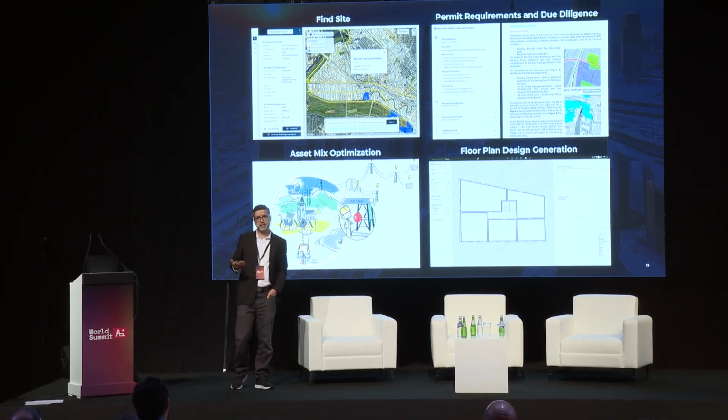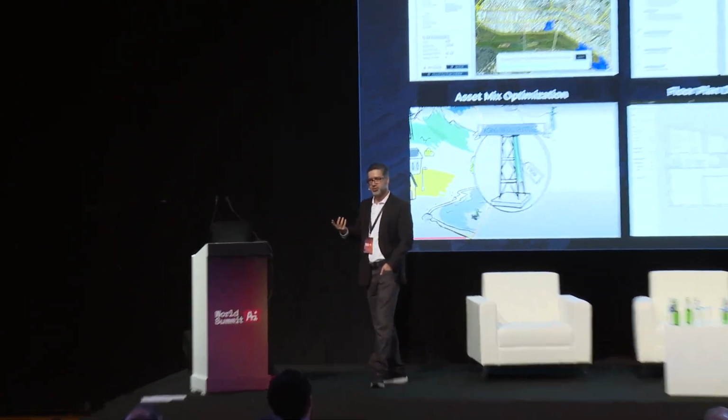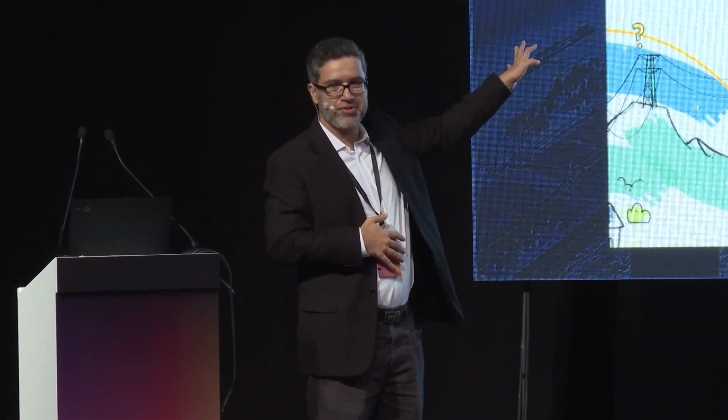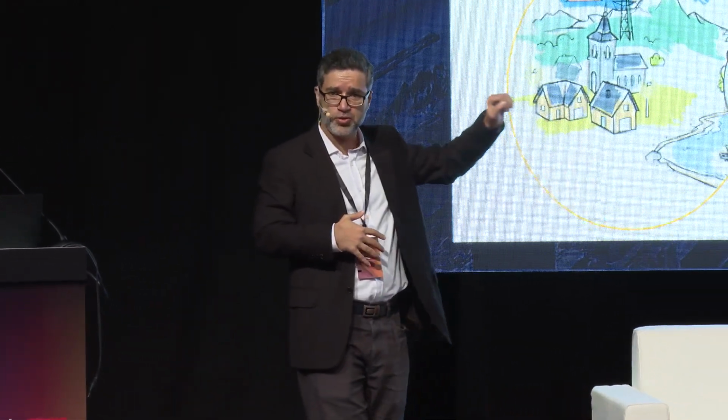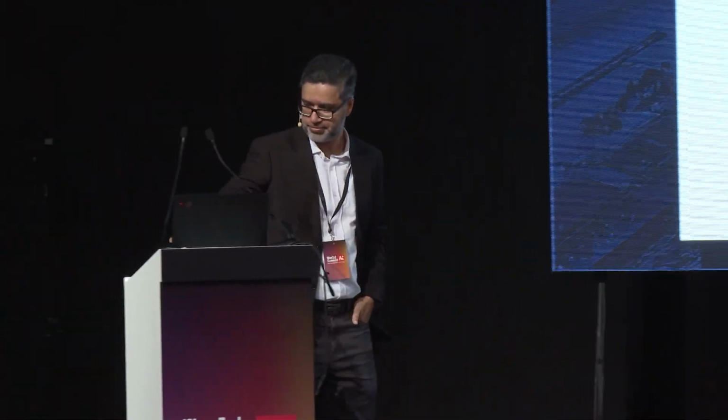As I covered, flow design generation. Now, if you are building an asset, you need to again have designers. Here you can define your KPIs, and it will generate a number of flow plans for you based on your requirement, and you can see which one works. These are not building products, these are different products, but my point is these are the use cases that you can already address through the AI in the market.